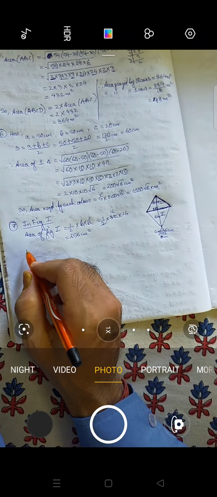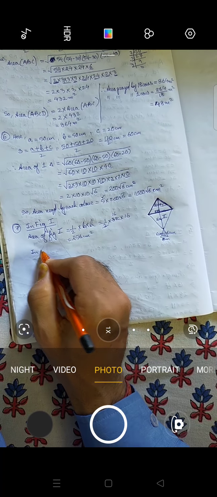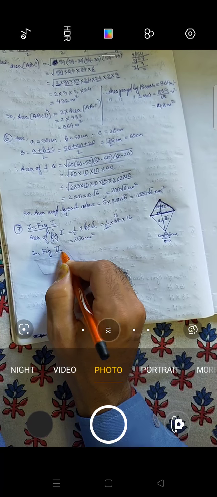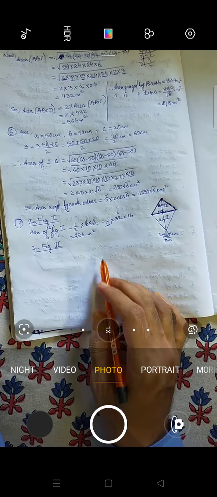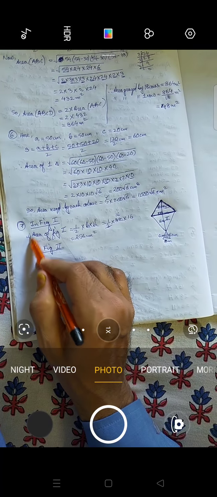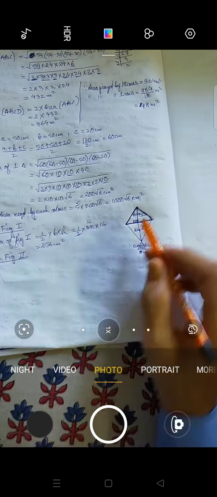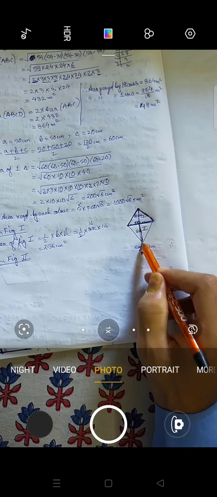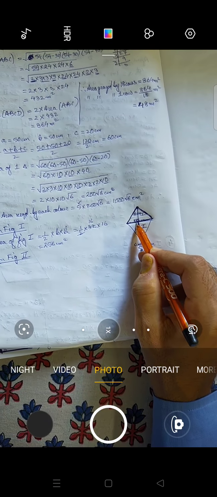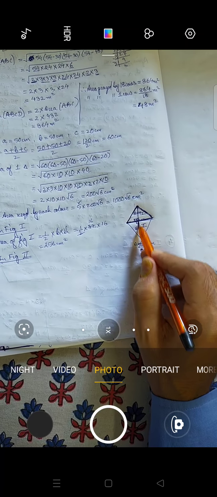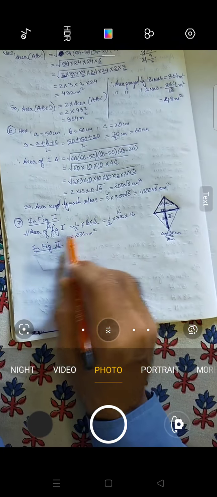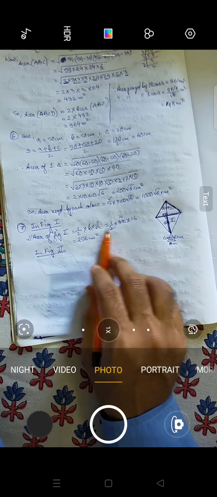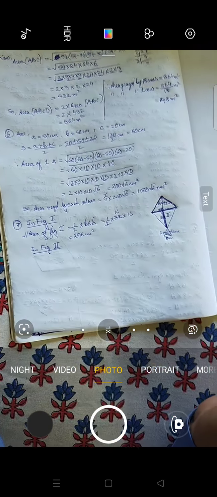Okay. Then in figure 2. In figure 2 you will copy exactly this because it will remain same. In this triangle, this will be the base and this is the height. Okay. So this is 90 degree, half into this is the base and this is the height. That means exactly you will write this one. Exactly area of figure 2 equals to half into base into height, then solve this one, then 256. Okay.